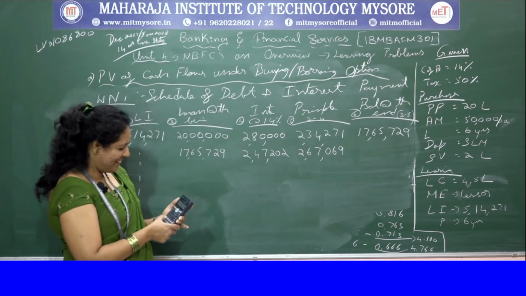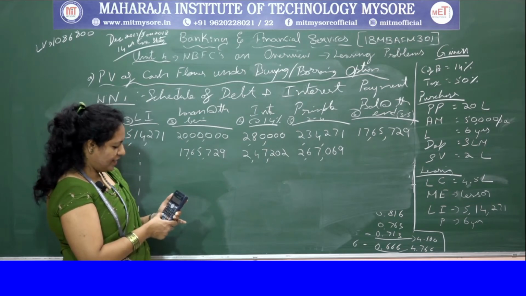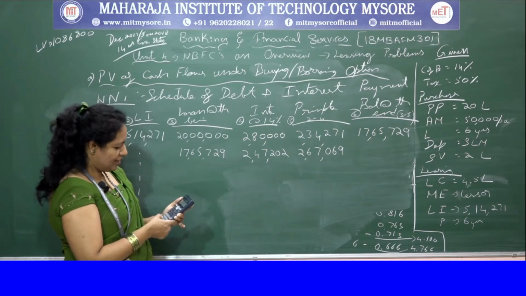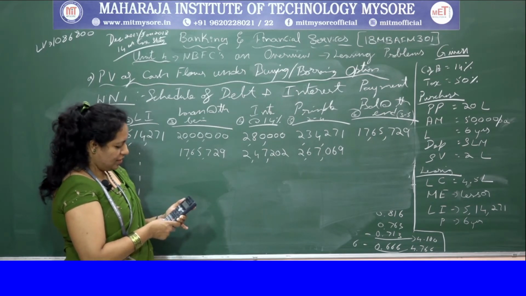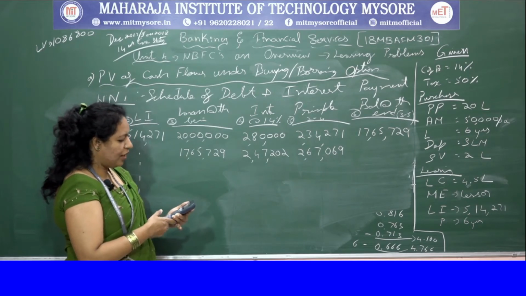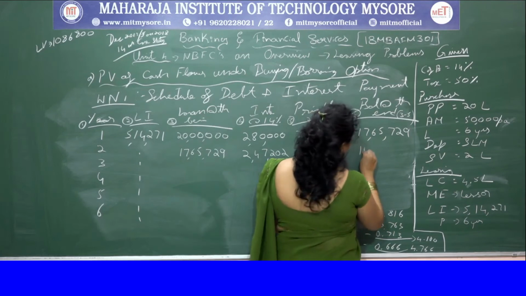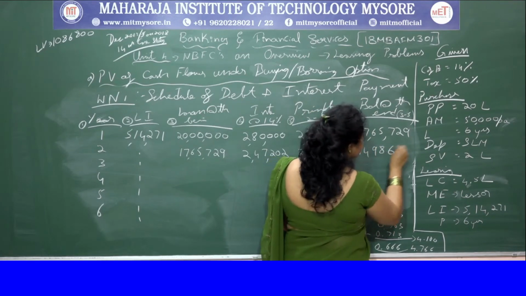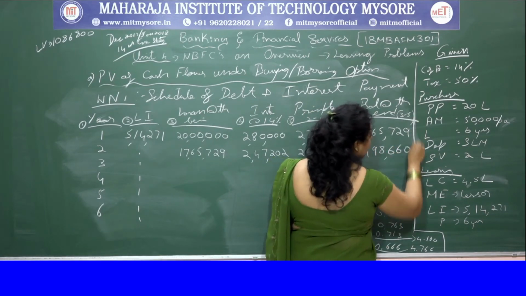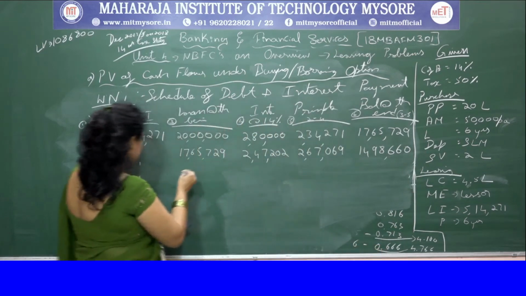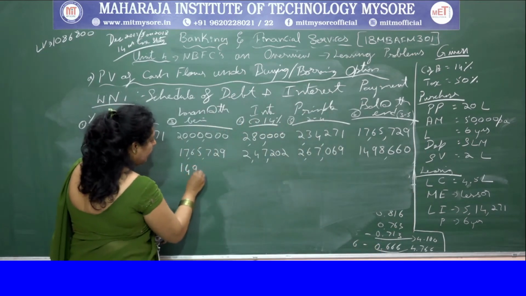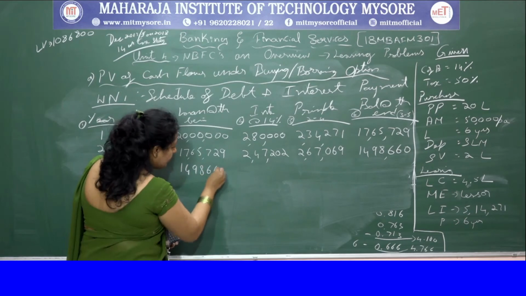How it increases? 17,65,729 minus 2,67,069. You get 14,98,660. I'll take the same 14,98,660